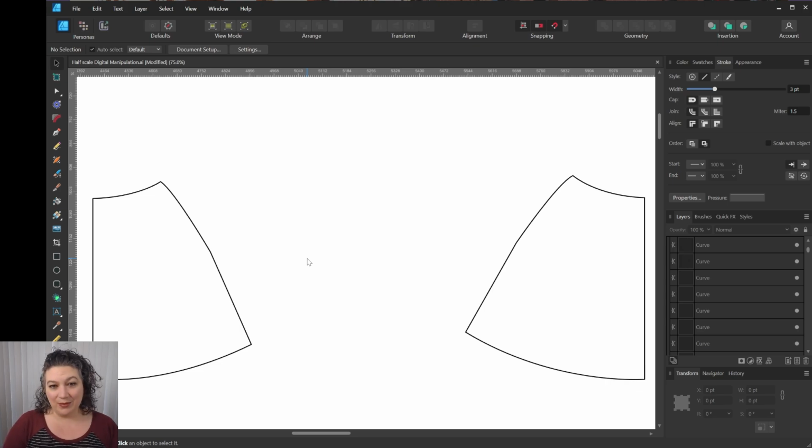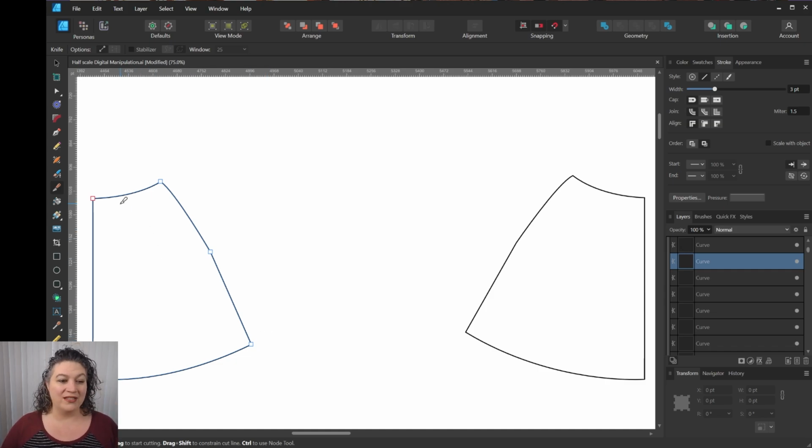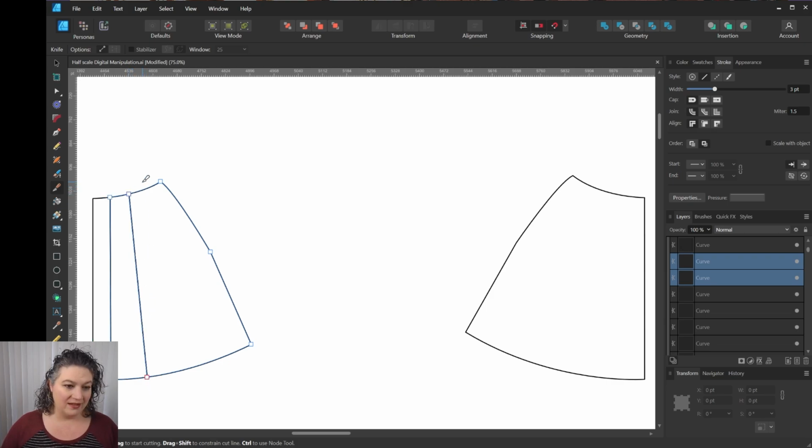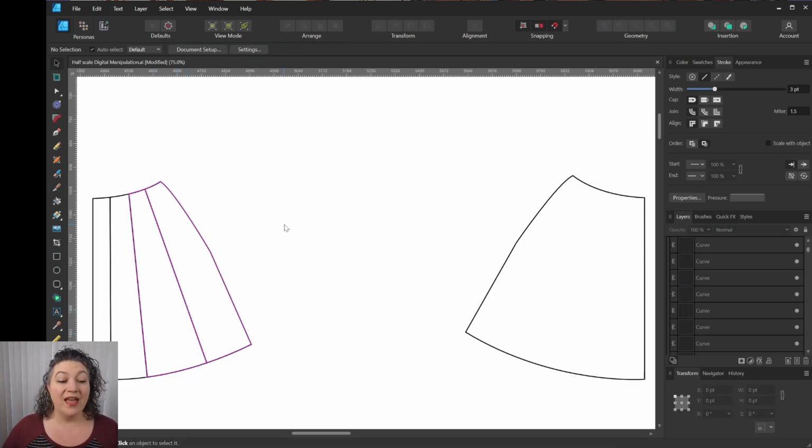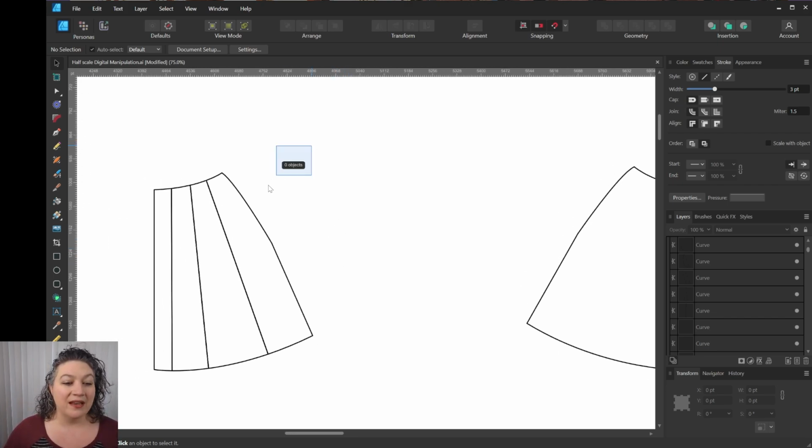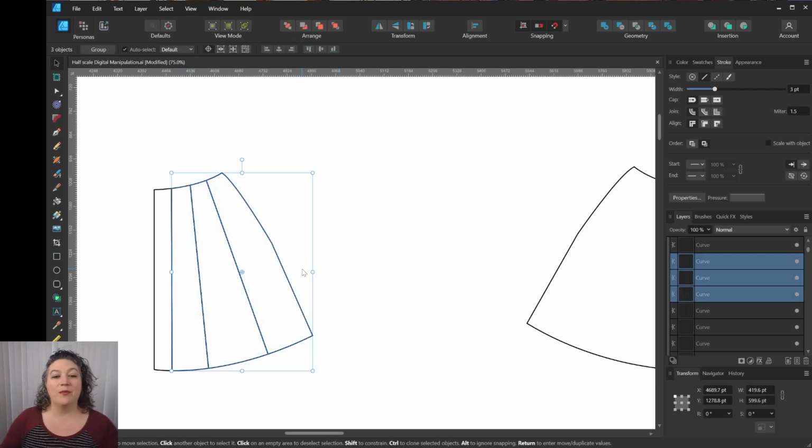And I'm going to do it very similar to how we did the slashing and spreading to create the A-line from our basic skirt. So I'm going to use my knife tool, select the pattern I want to cut, and then give myself 3 cuts that are roughly right where I want them to be. Then we're going to want to transform and move these pieces out. Because I did the 3 cuts, I want to grab all 3 of those and move them all 1 inch. So I'm going to select everything I want to move, and we're going to come down to